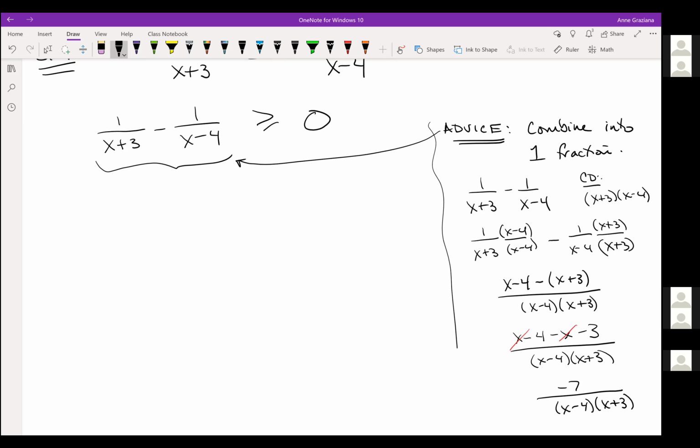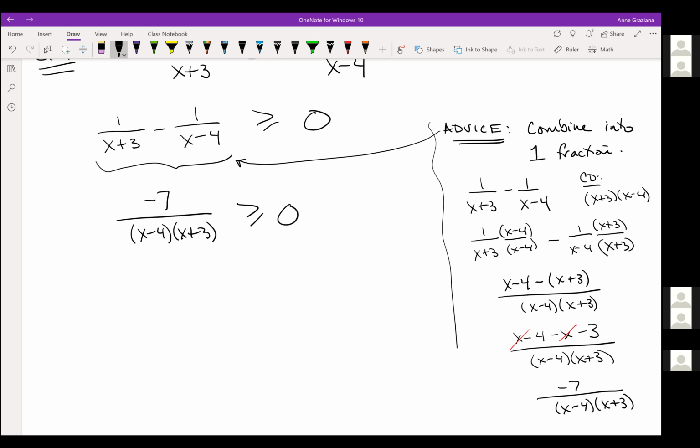I just had a quick question. I thought you said we couldn't add or subtract variables. Is that just variables on their own? You can't multiply or divide by variables across the inequality. Oh, okay. Like on both sides, you can't do times x over here and times x over there, or divide both sides by x. You can add and subtract anytime. Okay, so this is going to be -7 over x minus 4 times x plus 3,